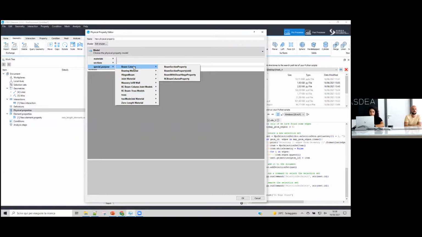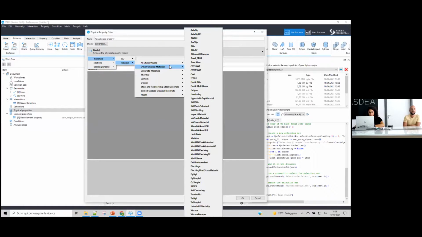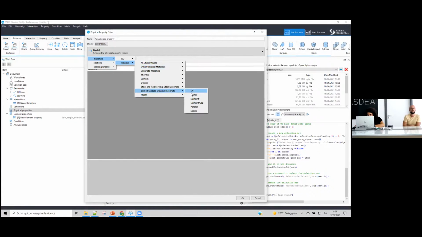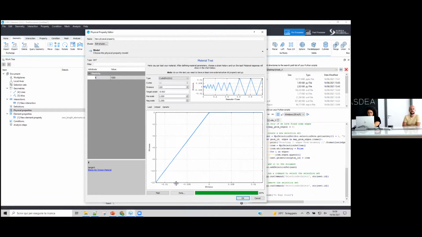Where is the ENT? Uniaxial materials. It should be under other, and then there is something called ENT somewhere. Elastic no tension should be somewhere, maybe under some standard. ENT, this is the elastic no tension. If you put in your model, like I said, 1000 for example, and do a cyclic analysis, you will see that in compression you have the stiffness, in tension you don't have anything,